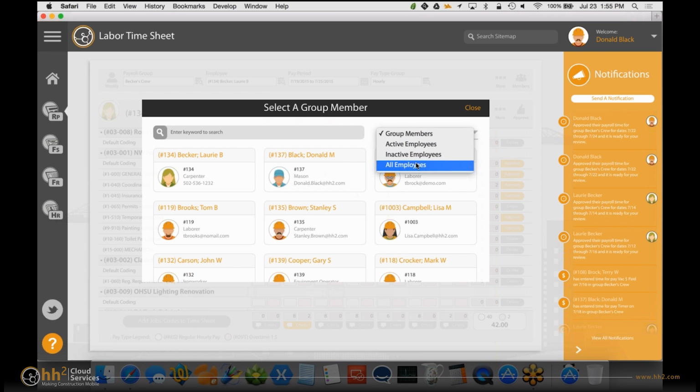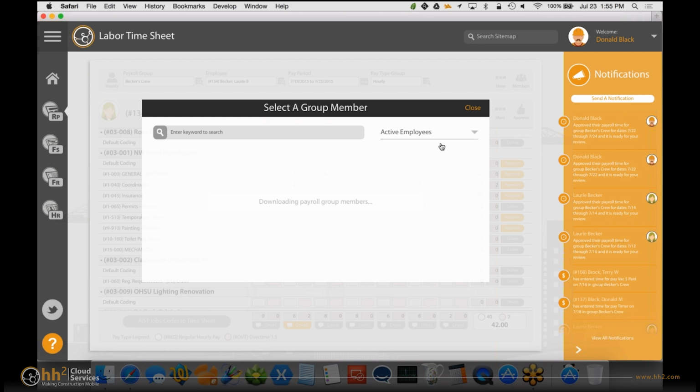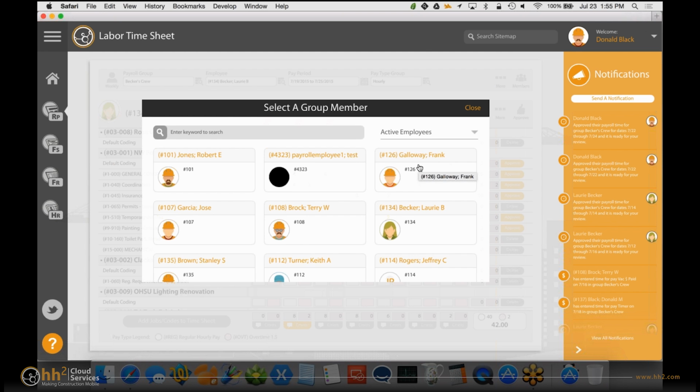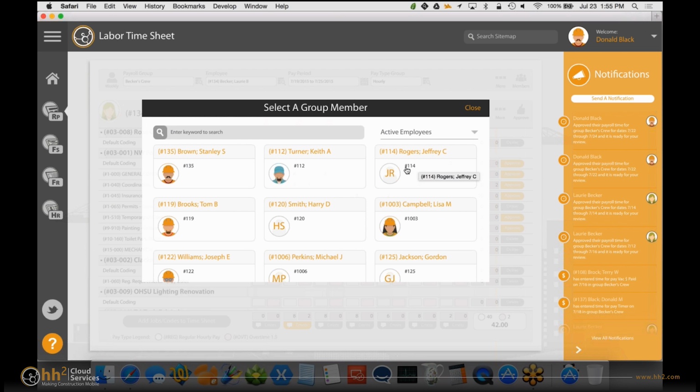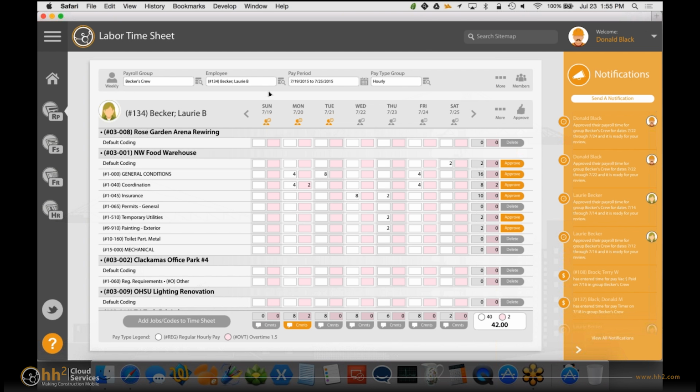So the pay period pick list is like the one we saw earlier on the time approval screen, where we're basically just, again, showing the list. This is basically the same as it is now, but if you want to code to a future pay period, you can just select a future pay period and then select whatever the pay period is that you want